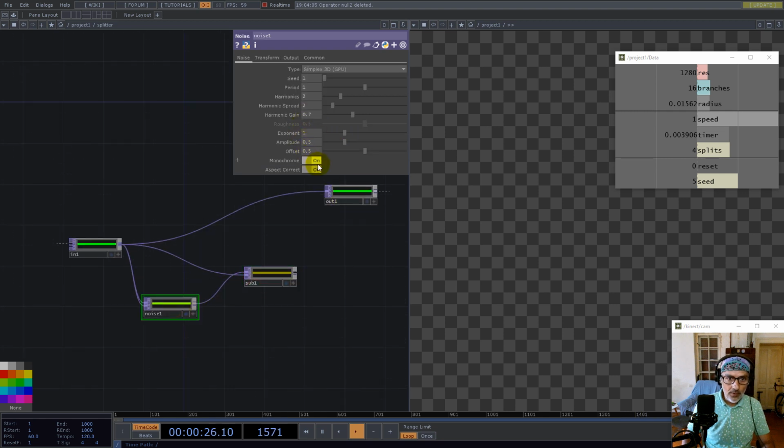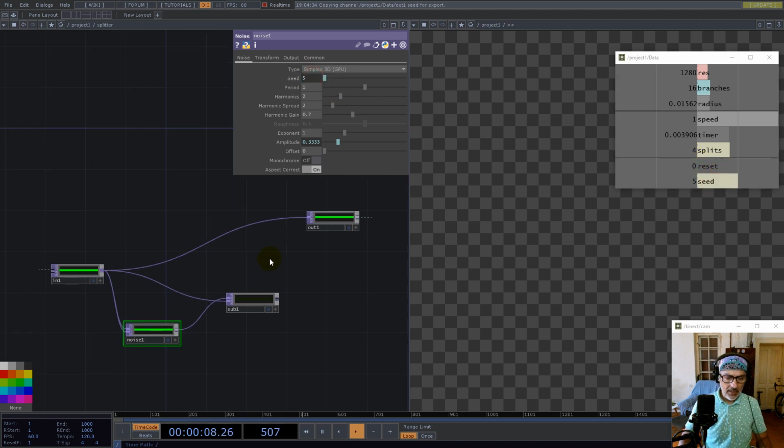And for this noise, it is not monochrome. Let's go with amplitude 1 divided by 3. And let's use the seed we have here. Okay. Now,